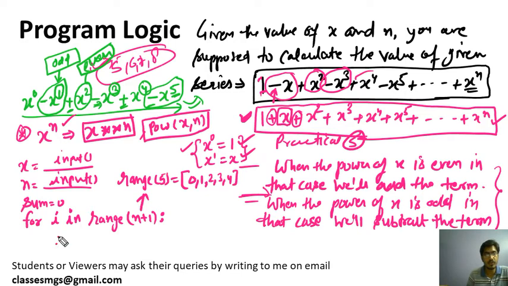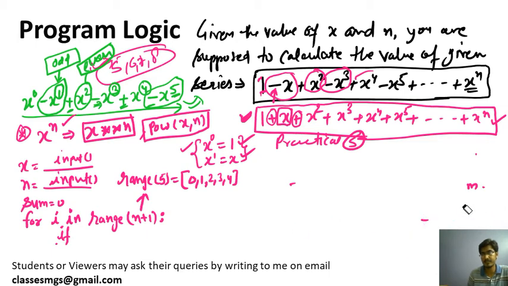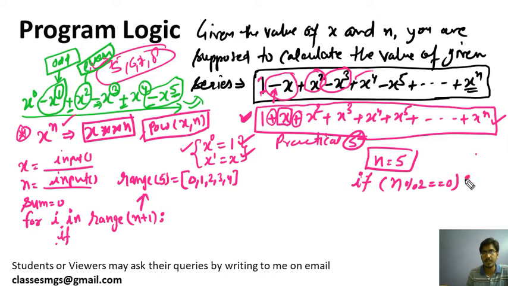Then, how to check whether number n is odd or even? You should know this logic. So I am roughing this portion. How to check whether a number is even or odd. Let's suppose a number is given, you want to check whether it is even or odd using a program. You will write if n%2 equals to 0, then print the number is even, because the number which is completely divisible by 2 will be even.